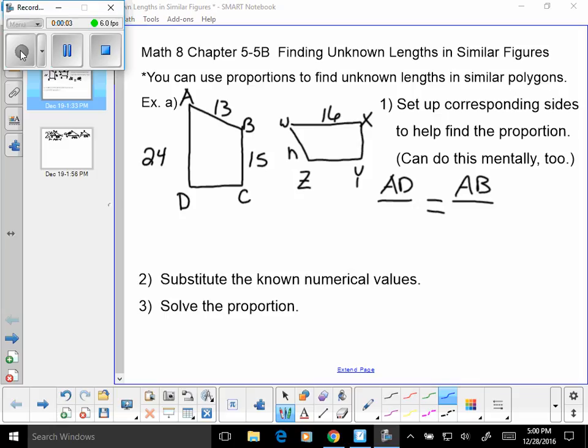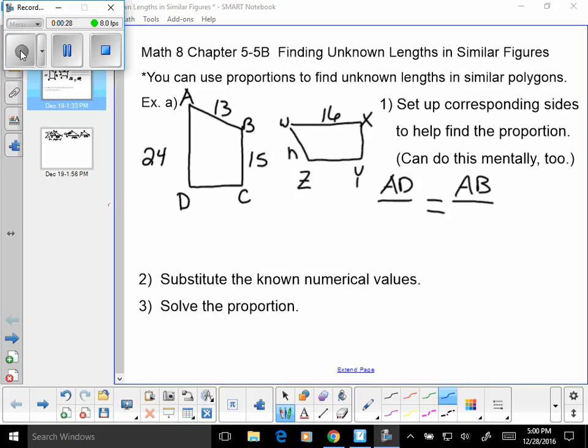Hello 8th graders, this is lesson chapter 5.5b, finding unknown lengths in similar figures. We're going to be working with some of the ideas that we covered in 5.5a, only applying them specifically to finding unknown lengths in similar polygons. Now you have to understand that in this lesson, the figures that you see, you can assume are supposed to